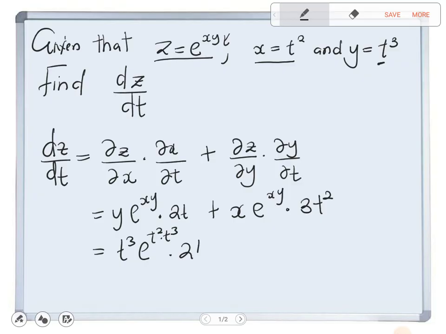Again, we're multiplying by 2t. Plus, what is x? x is t squared. Then e, what is x again? x is t squared multiplied by t to the power 3. Again, multiplied by 3t squared. Now we can multiply here. Multiplying here, this will give us 2, then we have t. You can clearly see that